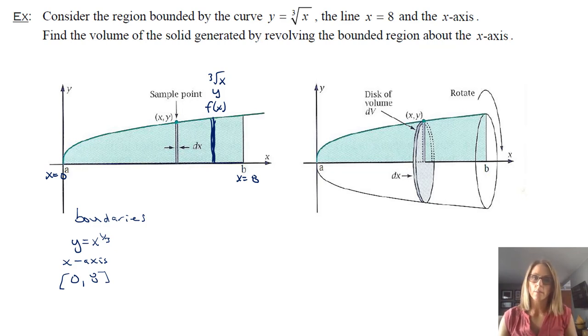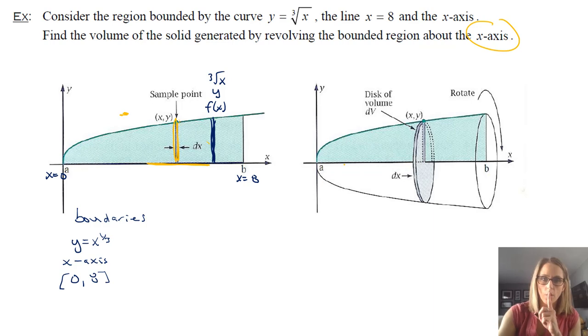This used the disk method. What I want to show you here is your cross section, and you can see the cross section that we have. The cross section that I have is here, but that's perpendicular to what we're rotating around, which is the x-axis. So that is the difference. Notice that the cross section is in a different place.